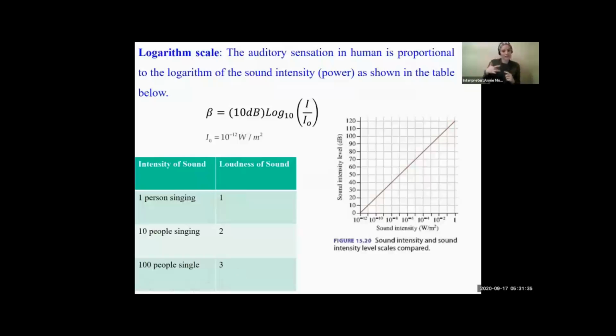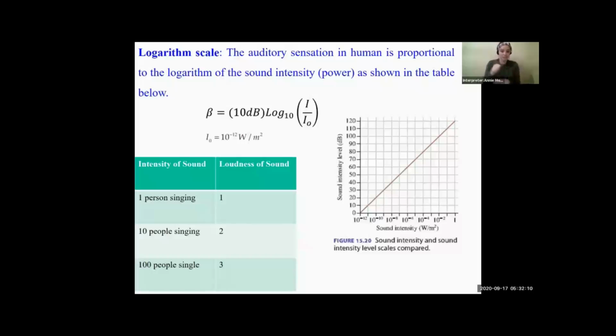Basically our ear or our brain cannot distinguish between 1 watt and 1.1 watt, let's say. Our brain basically cannot detect 10 watts and 12 watts of sound intensity at a given point, at a given distance. We cannot detect that. It's just like the earthquake Richter scale. It goes on a logarithmic scale. So you feel some change every time the power increases by 10 times, something like that. That's called a log scale.